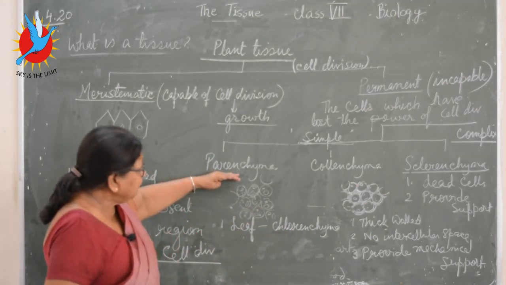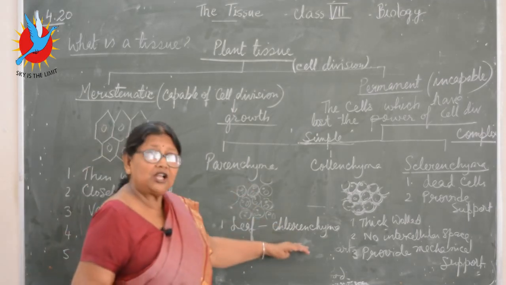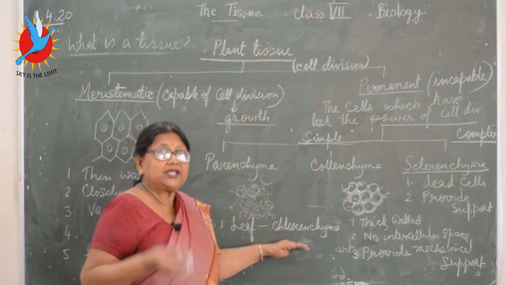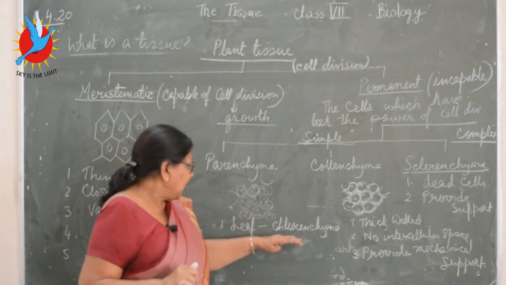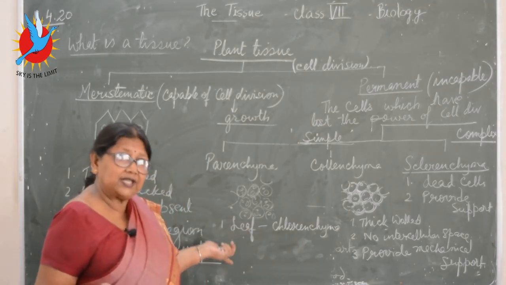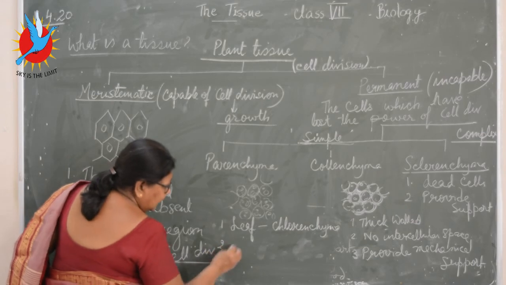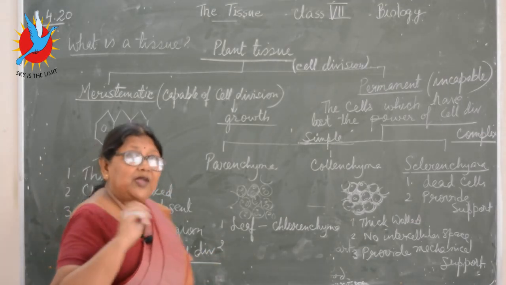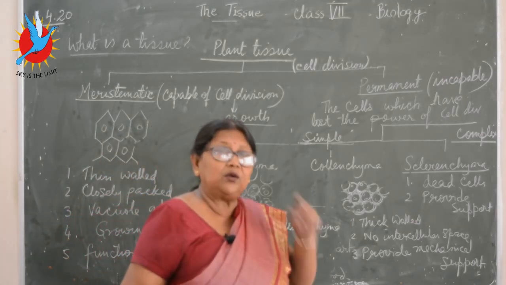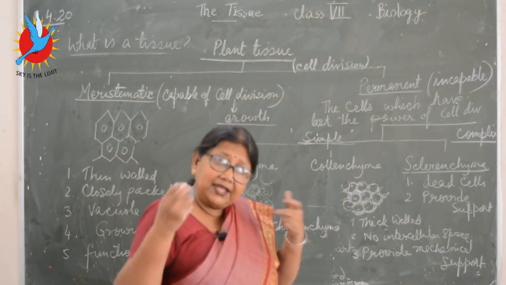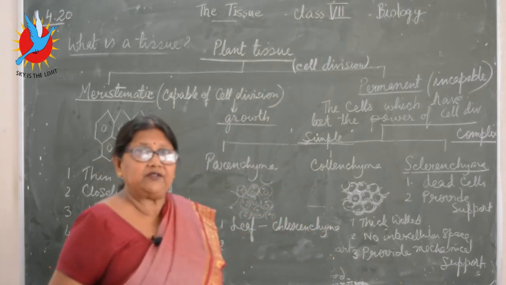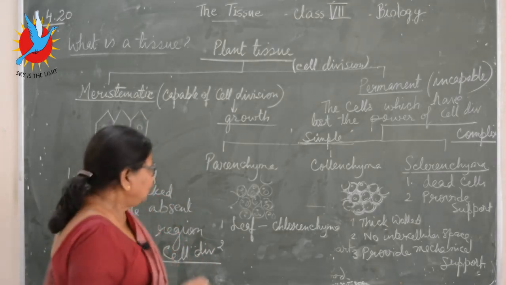So parenchyma with chlorophyll, what are they called? Chlorenchyma. Why? Because they contain chlorophyll, the chloroplast, and the function, you know, photosynthesis you have already done. And the second one, in the aquatic plants, which are submerged in the water, which are floating, in their tissue they have got air cavities, air pockets. So those are called